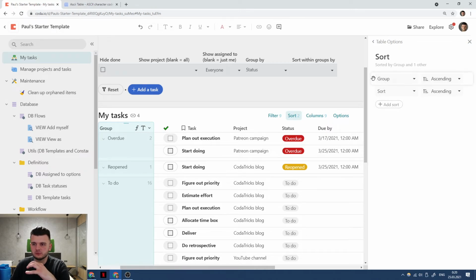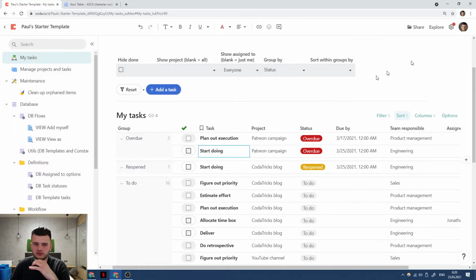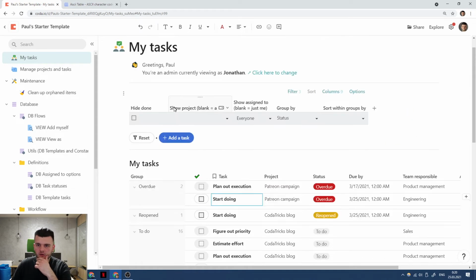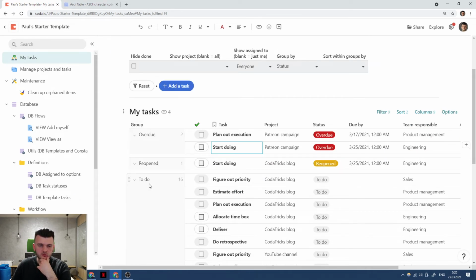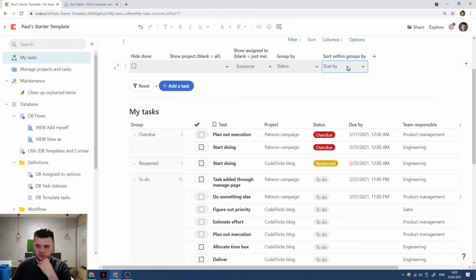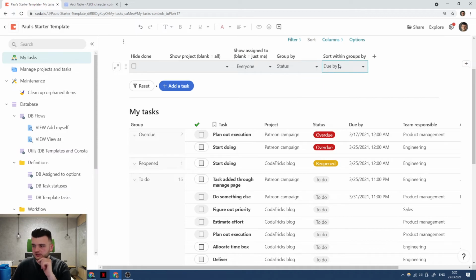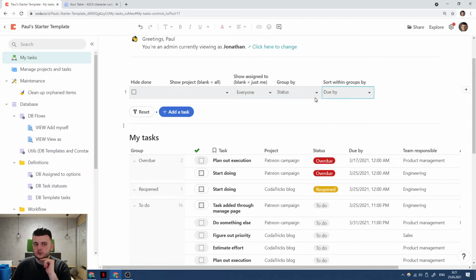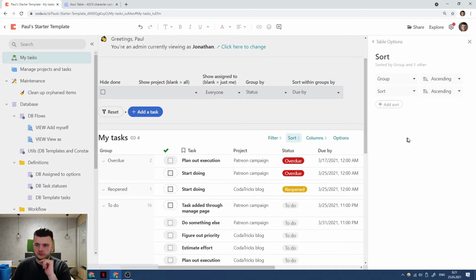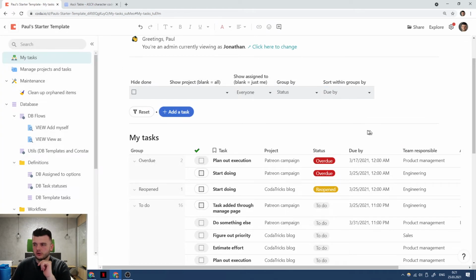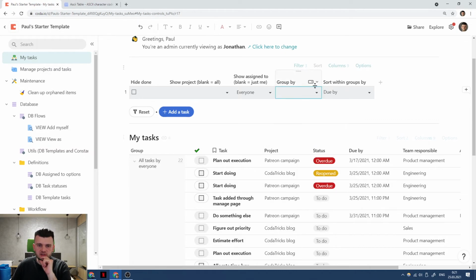So sorting on groups overrides sorting within the groups. So we group by status, and within status we sort by project, by due by, by whatever. And this is a very important pattern because you should not let your users go and tweak the controls. You should lock your tables and only let your users use these